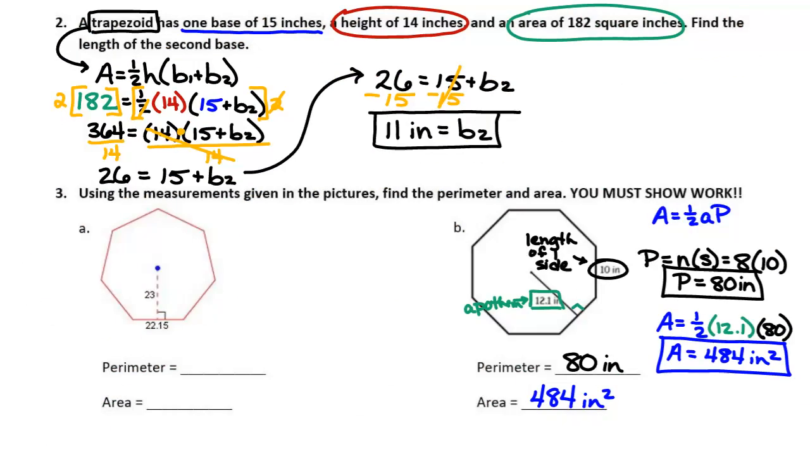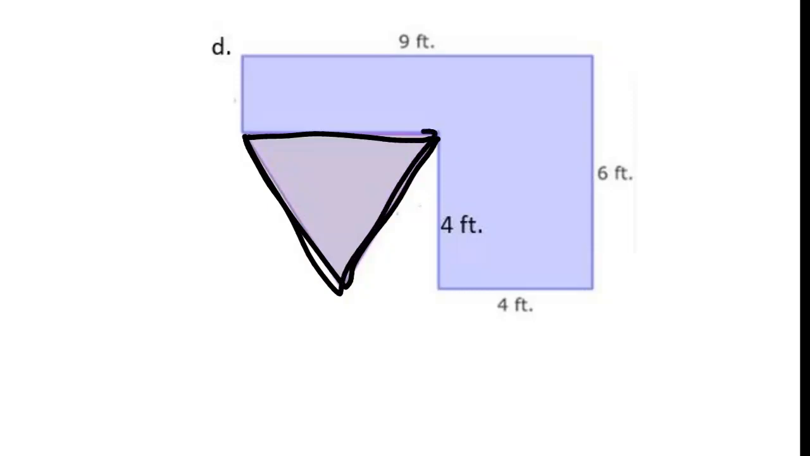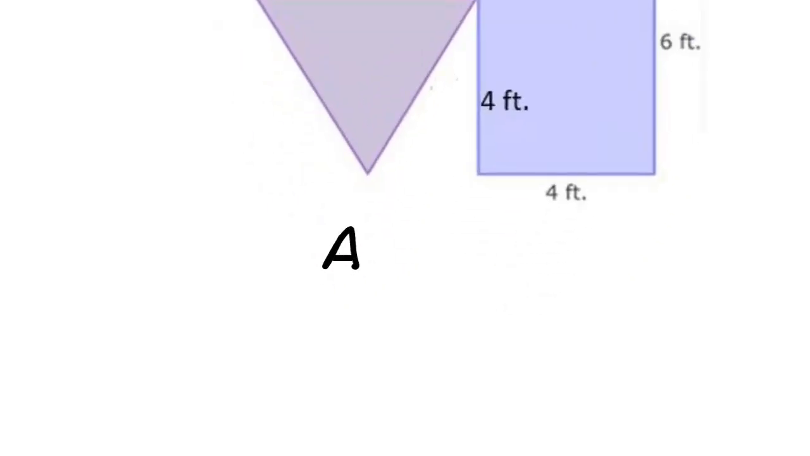Yes, what else would you like to see? Which one? D? 14D, absolutely. So very back page, 14D. For 14 part D, we have several different shapes that have been put together. One of them I kind of see right here. What shape is this? Triangle. So we need the area of the triangle